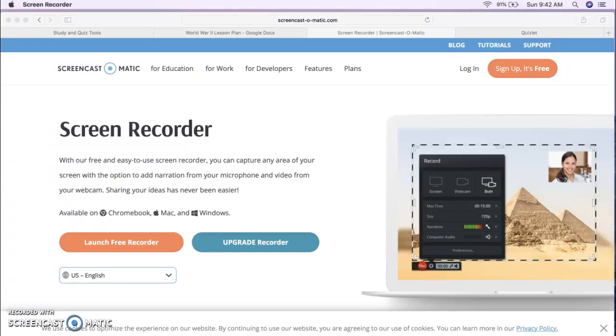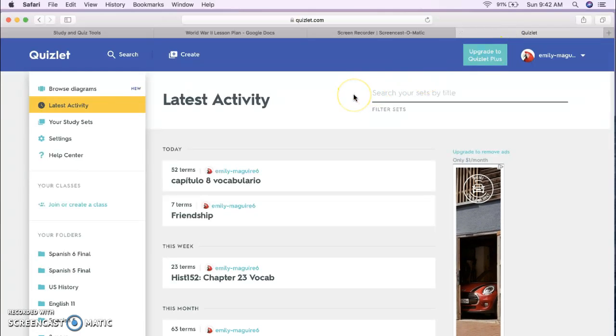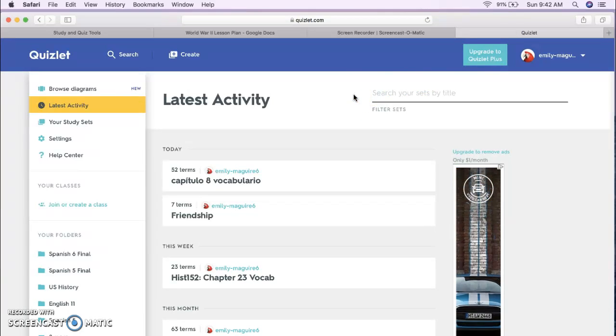So for my study tool, I decided to use Quizlet. I decided to use this because I've always used this throughout my academic career ever since about middle school. So to create your own set of flashcards or set of questions, you just have to click the Create button